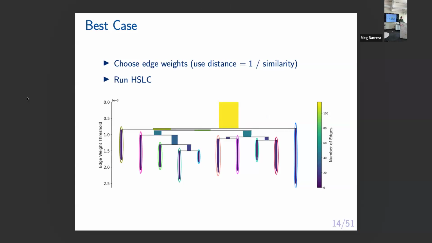So the very best case scenario is basically we choose some very good edge weights so that our condensed dendrogram looks something like this. This is the football graph where we have these 10 very large bars. They persist for a long time, and they all merge at a similar-ish range, but maybe not exactly. It looks like you could maybe draw a horizontal bar to get all of these. That's not the case. But I've just kind of been pushing this into, if you can choose a good edge weight, then the method works. So how do we choose a good edge weight?